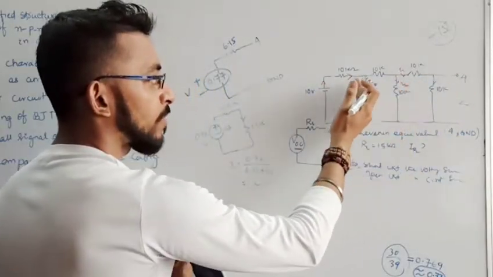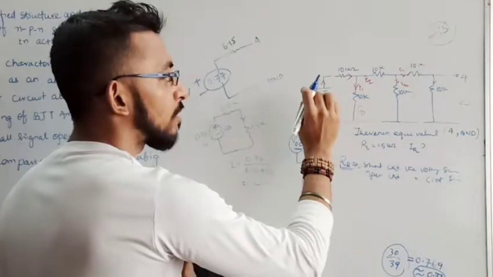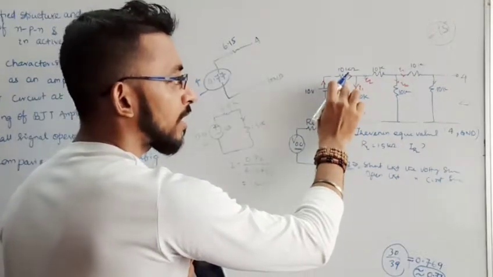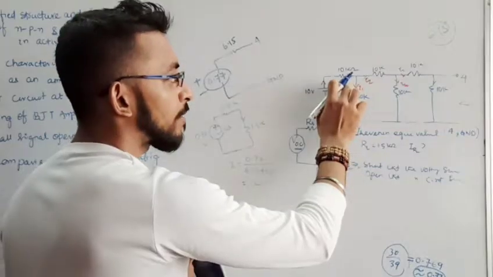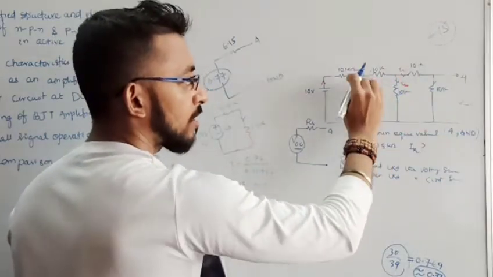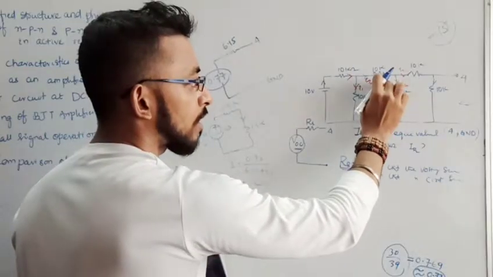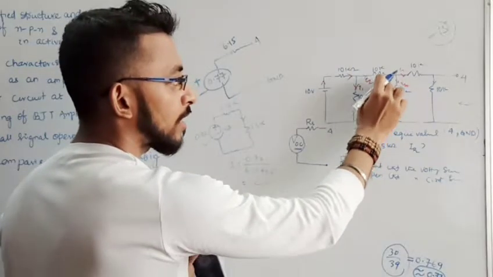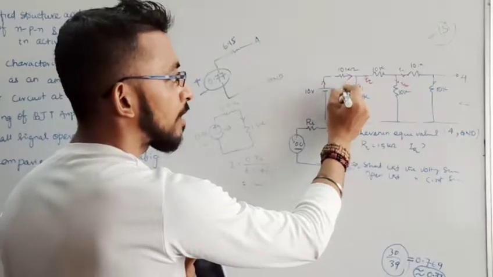So we simplified from here and found the equivalent resistance. Then we divide 10 by the equivalent resistance, and that is the current, 8 by 13. That 8 by 13 is divided into two parts: one through the equivalent of this resistor, and one through the 10 kilo ohm. So this is 3 by 13, this is 5 by 13. 3 by 13 and 5 by 13 combined give me 8 by 13.